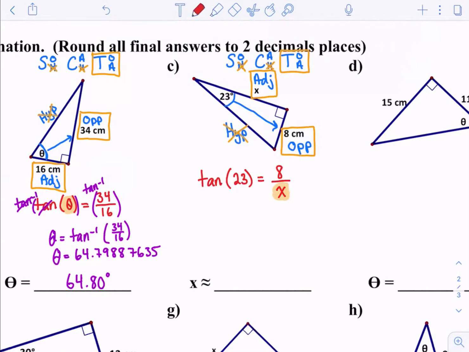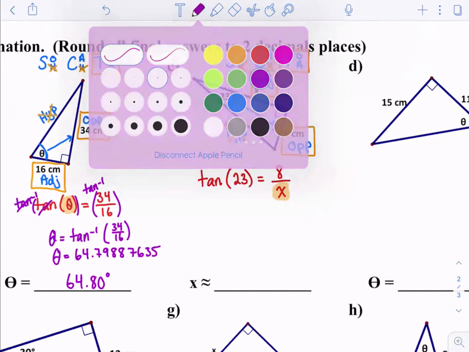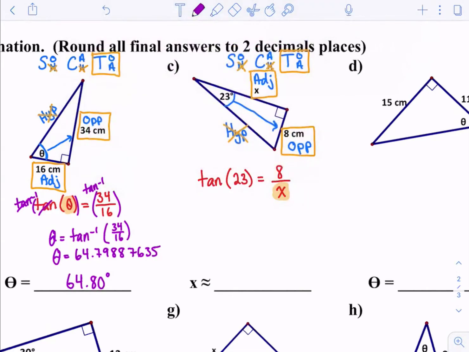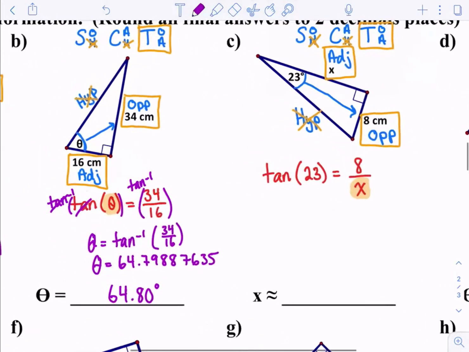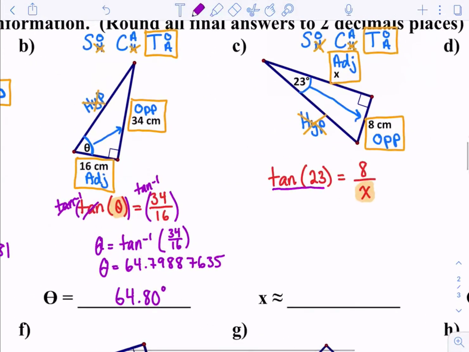So notice x is in the denominator now. So there's a quick trick for this. Some teachers like to say, hey, this is the same thing. Put it over 1 and cross multiply, which you can do. Or you could just switch. You could always switch the ones that are being cross multiplied. So since x is going to be multiplied with tan 23, I could actually switch places. So this says x over 1 equals,